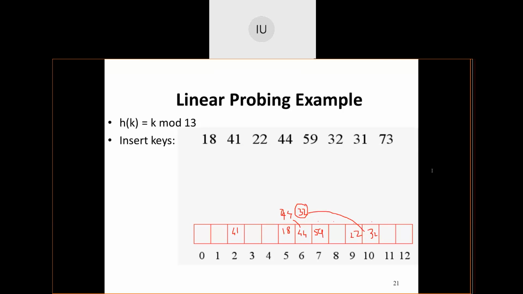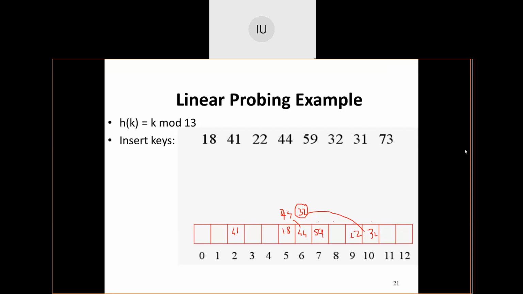Okay. I have a question here. What is the problem in clustering? In either case, we have the same number of empty locations. Definitely, you are right, Varsha. But just imagine, if all the coming up elements map to that part of the table where a cluster of elements is already created, there will be an increased number of collisions for every element that is getting inserted. Every element will fall in that cluster.